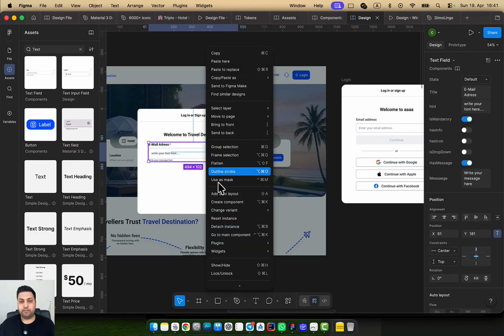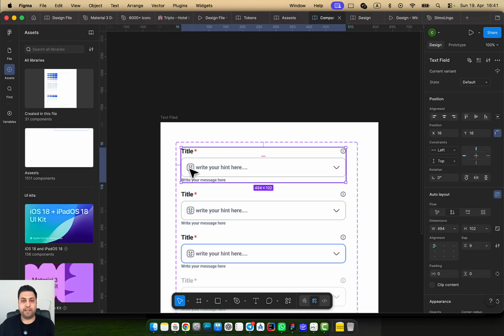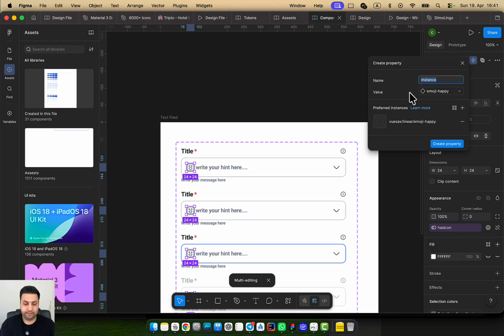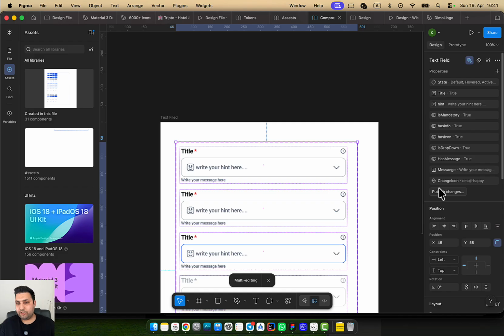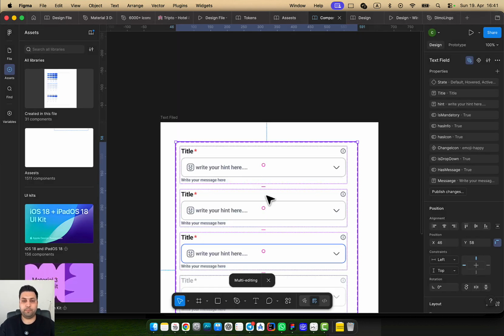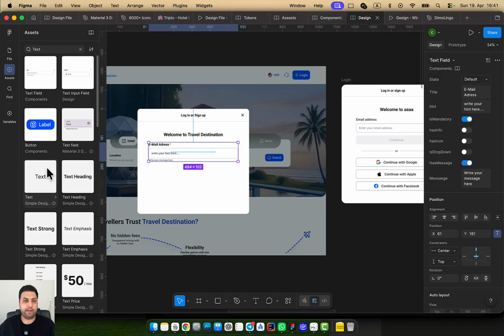I remember something else. When it has icon, we should say, okay, let's change the icon. So select all of them and here I say change icon, and then create the property, and the change icon should come under the has icon. When has icon is yes, then can I change the icon? Yes. So let me publish it, and done. So in design,